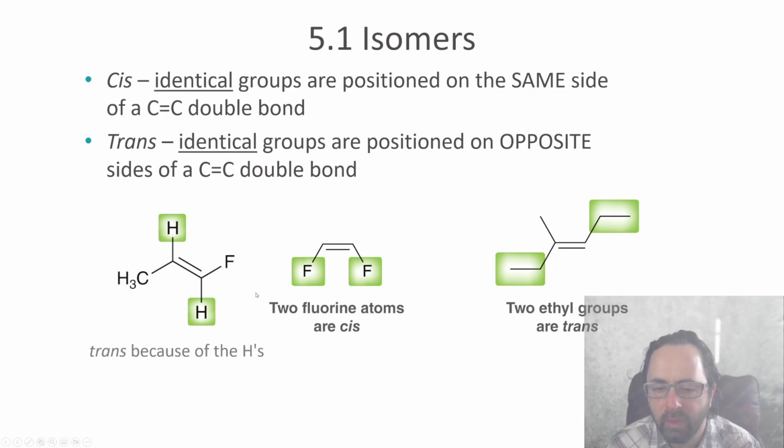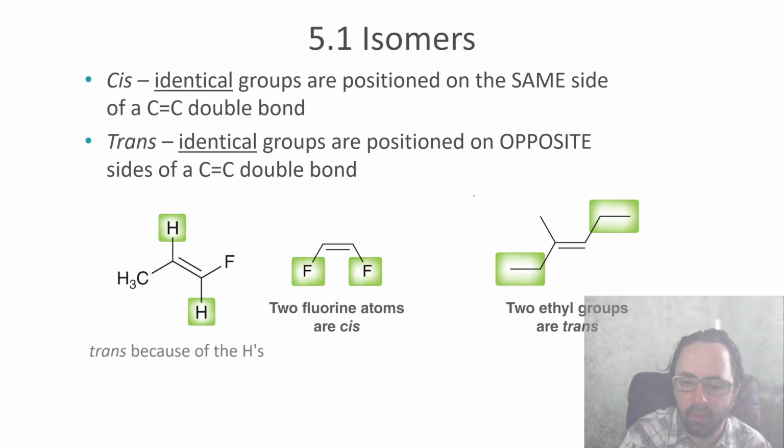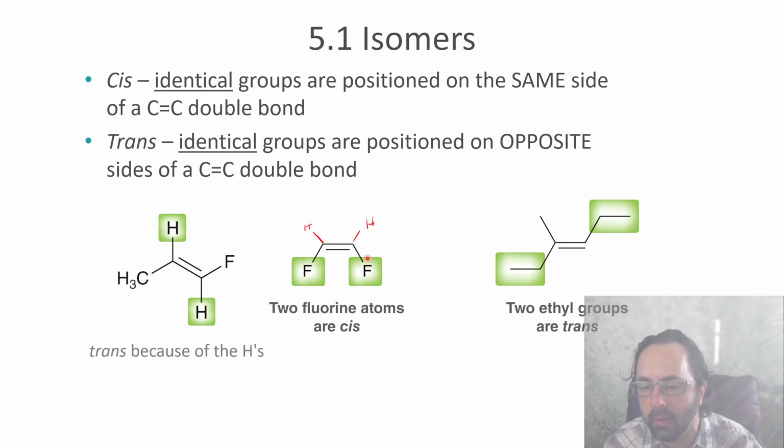So this can also be indicated with double bonds. So here, for example, this is considered trans because the two hydrogen atoms, which are the same, are on opposite sides of the double bond, whereas in this example, these fluorines and these hydrogens, there are two hydrogens here too, just not shown, but this would be considered cis because the two fluorines are on the same side